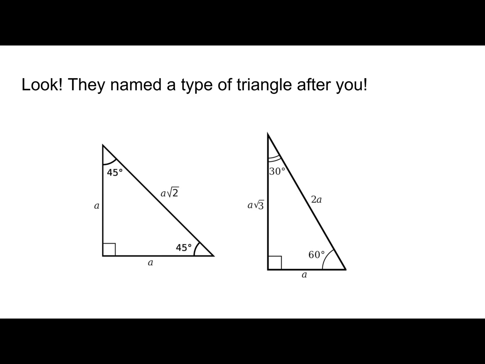Anyway, you're just going to have to remember these ones, that whatever's across from the 30 will be A, whatever's across from the right angle will be 2A, whatever's across from the 60 will be A root 3. And also just a reminder that, like, what would be an example? Like 21